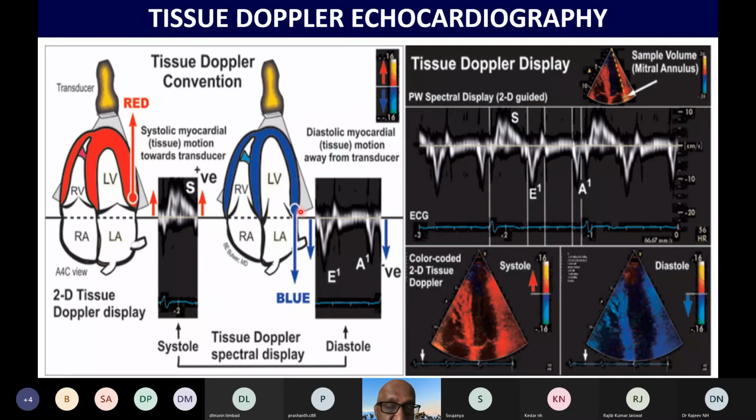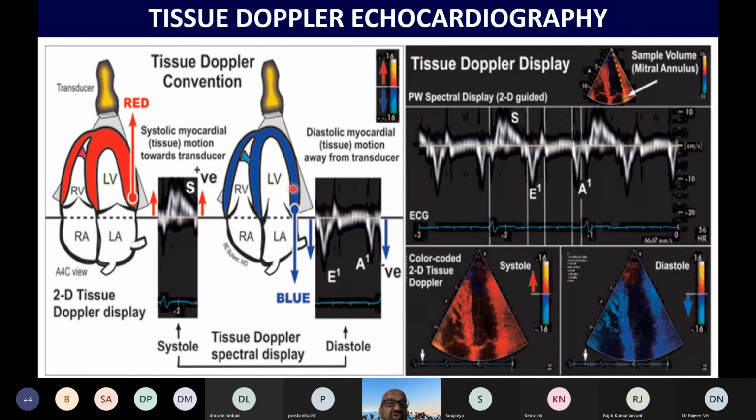Here we are looking at tissue, not the blood. So the tissue is moving at a low velocity but high amplitude, and when you press the tissue Doppler button, the machine eliminates the high frequency and low amplitude signals, so that only tissue movement